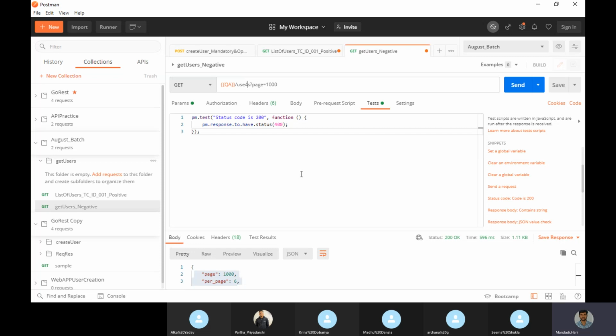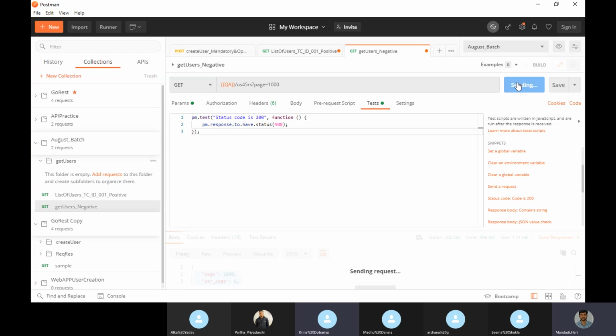That is a negative case, right? In that way, here we are doing a negative case. The endpoint is users, page equal something. But whenever I give something wrong, it should not accept. That is how a negative test case works, because that should be validated.